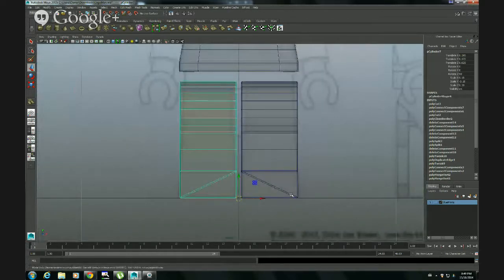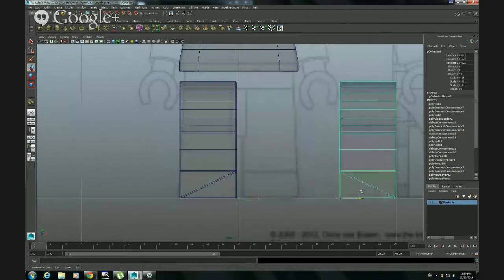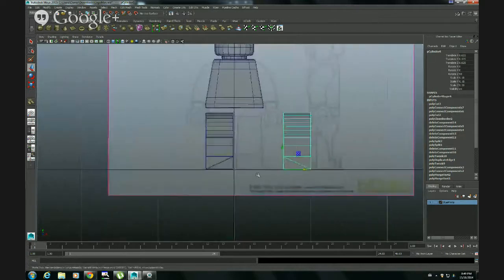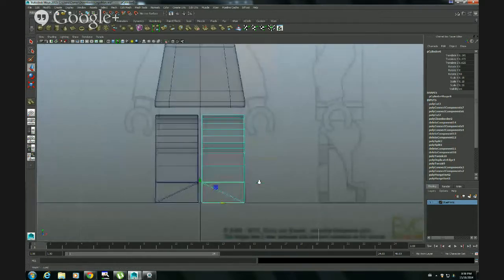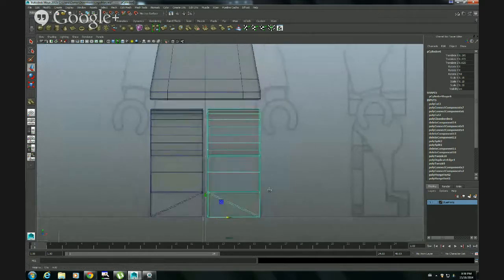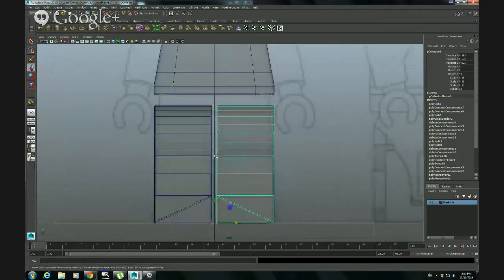Before proceeding, notice how the leg of the character is a bit wider from the foot, but a bit tighter from the hip. So what I'm going to do is tighten it up from the top and loosen it up a bit, or more like just leave it as it is on the bottom. And instead of just pulling vertices like crazy, trying to make this shape narrower from the top,